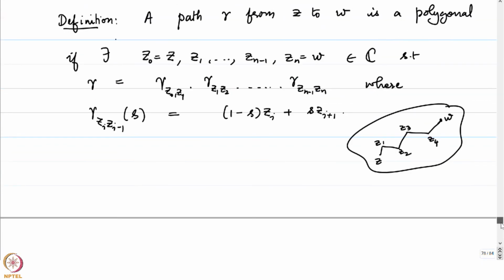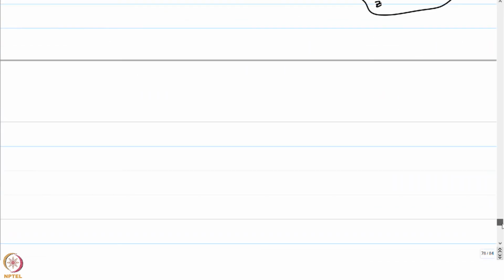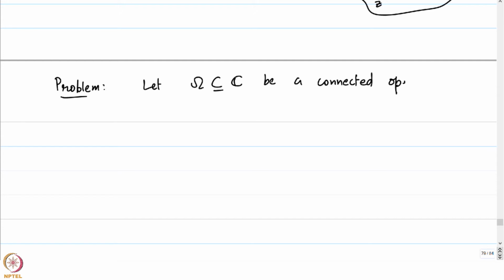The next problem tells us that if you have a connected open set, and if you take any 2 points in it, we can get hold of a polygonal path in the open set such that each of the line segments is parallel either to the x-axis or the y-axis, the real axis or the imaginary axis. That's a special type of path we can always get in connected open sets. Let me write down the problem. Let omega contained in C be a connected open set. Then prove that,